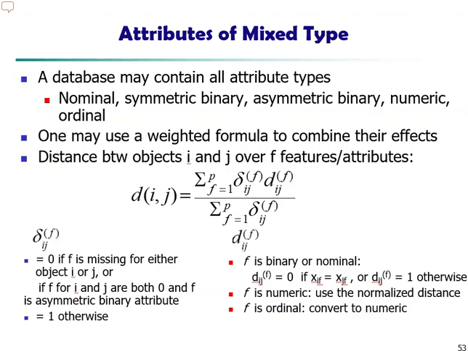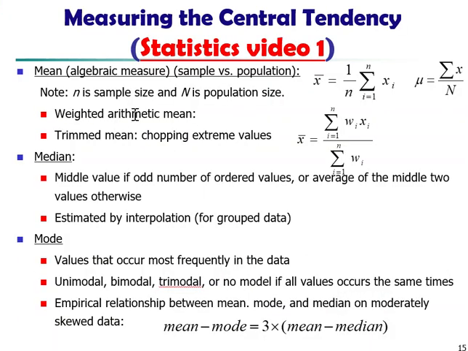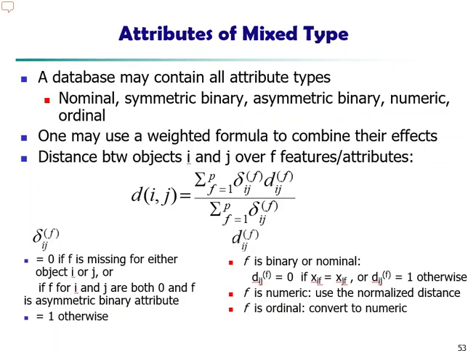Where did we talk about that? Right here. So weighted arithmetic mean. We're going to use that idea here when we compute proximity between mixed type attributes. This formula looks very, very complex, but it's exactly the same as the weighted arithmetic mean formula. If we want to compute the distance between objects i and j over f different